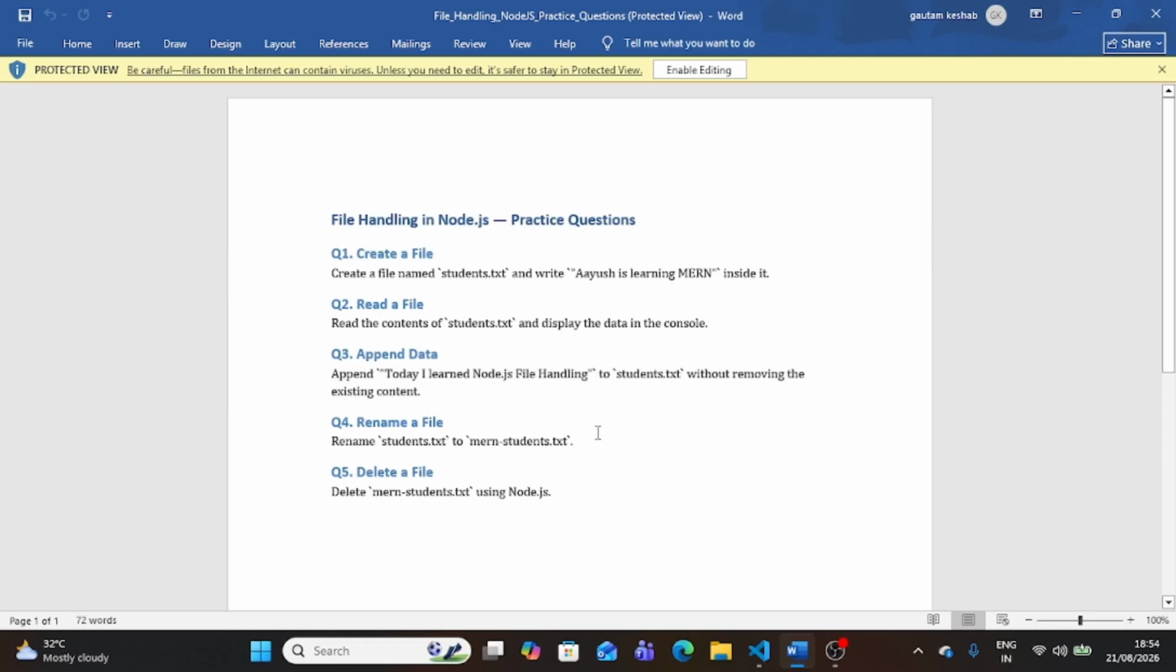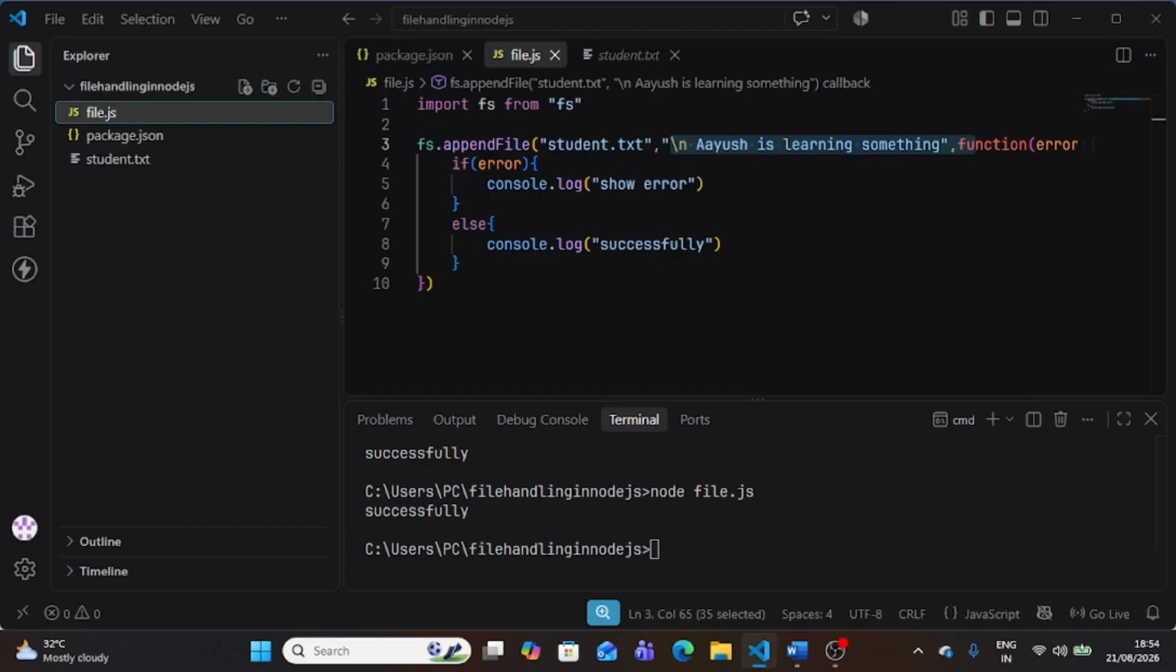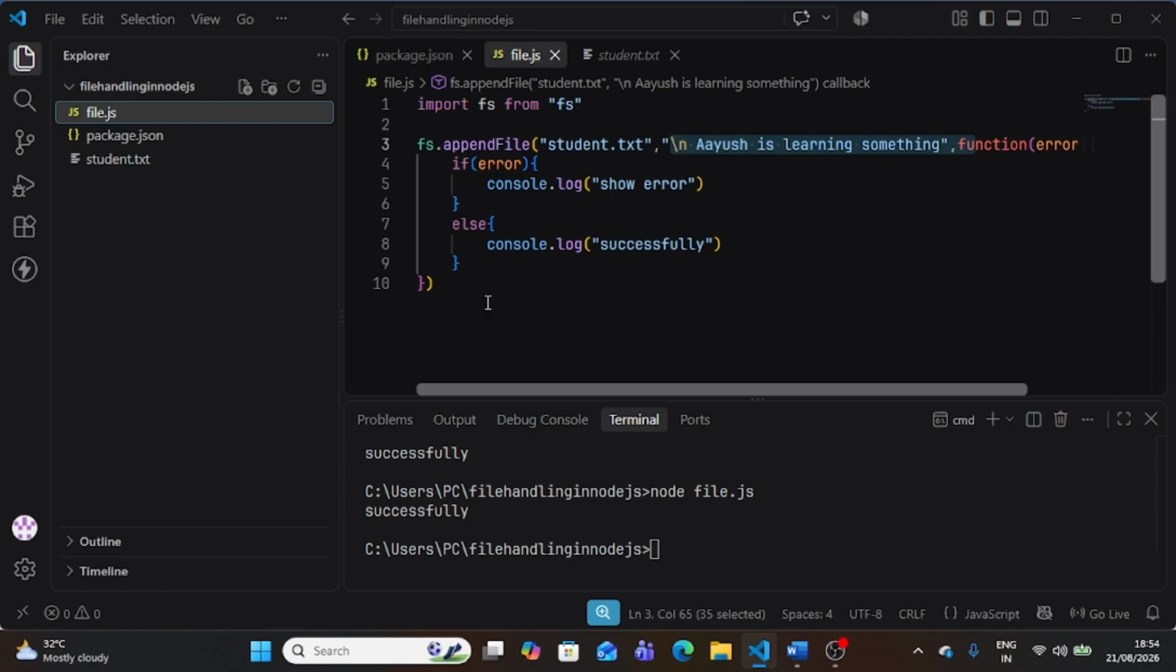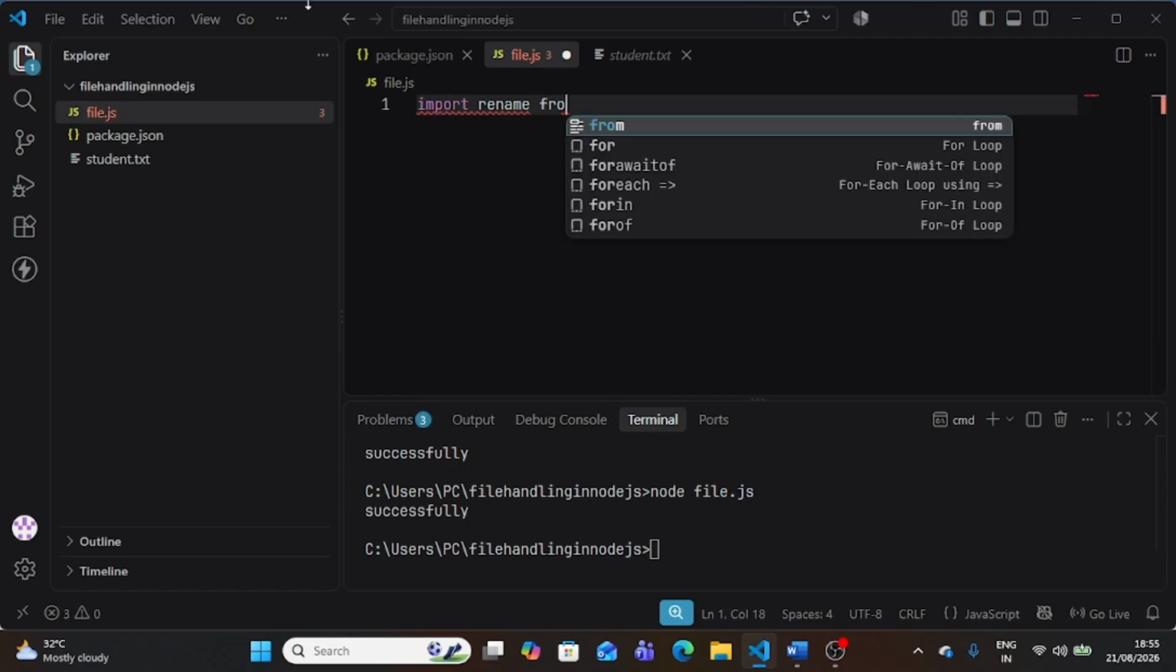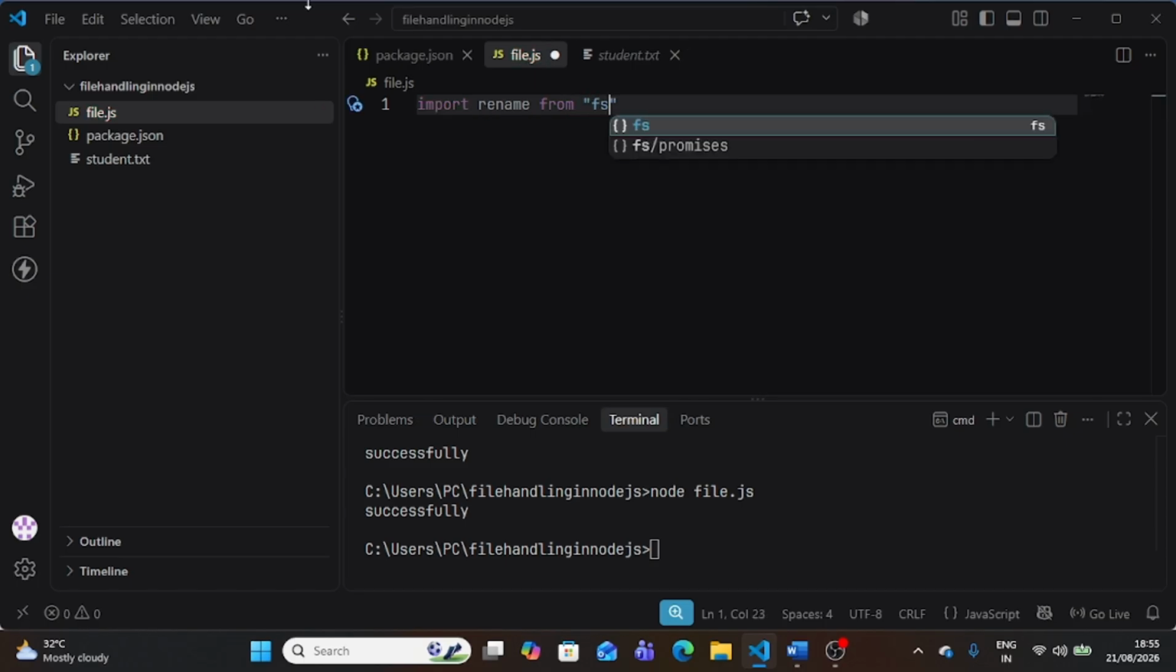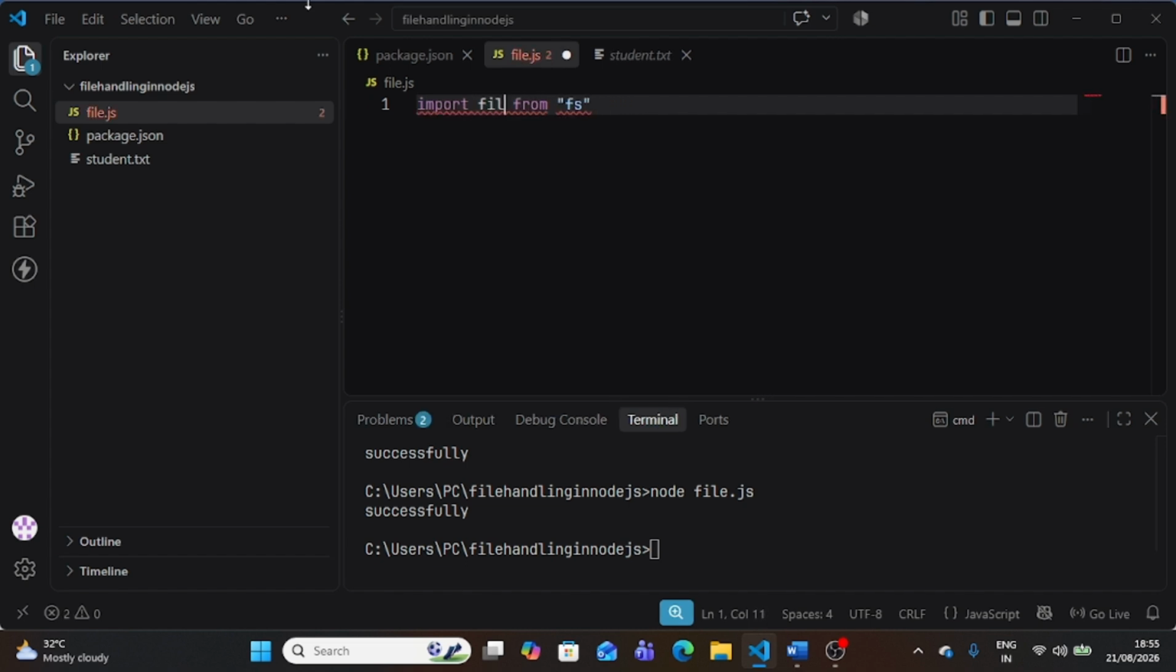Okay, so rename student.txt to MERN student.txt. So we need to rename, guys. Now if you need to rename, I will just use rename from fs. I can name it anything, but I am using rename. Why do I use rename? It is quite odd. I will use file system,